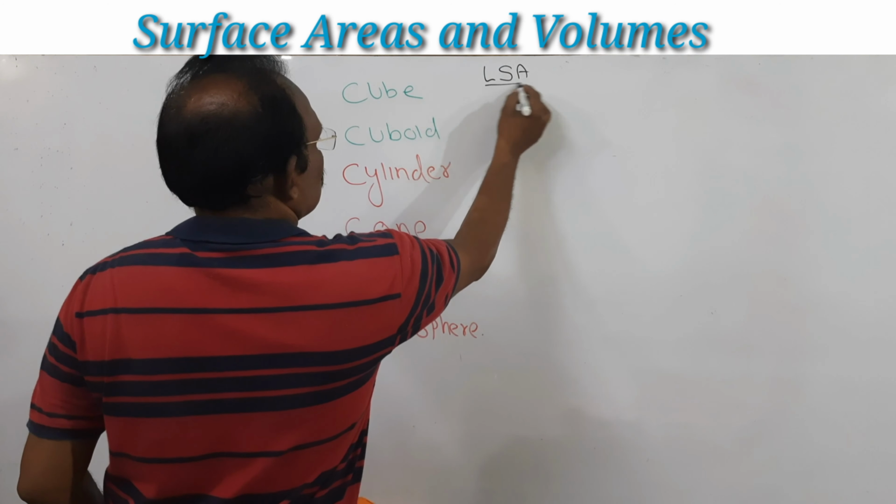Now we will see cylinder. We have learned the circumference of a circle. What is the circumference of this circle? It is 2 pi r. If you take a 1 rupee coin, say a 1 rupee coin is a circle, and you put 10 1 rupee coins one above another, what will come? At last it will look like a cylinder. Just now I explained, it looks like a cylinder. If you go on putting these coins, at last it will become a cylinder.